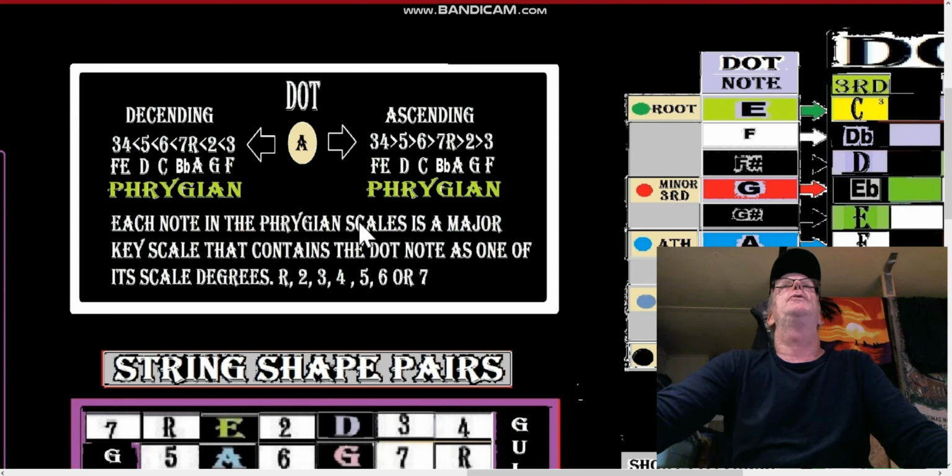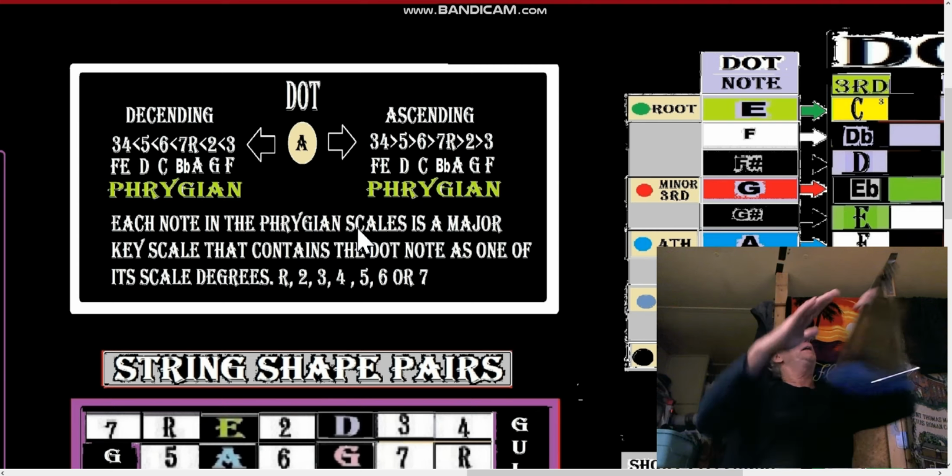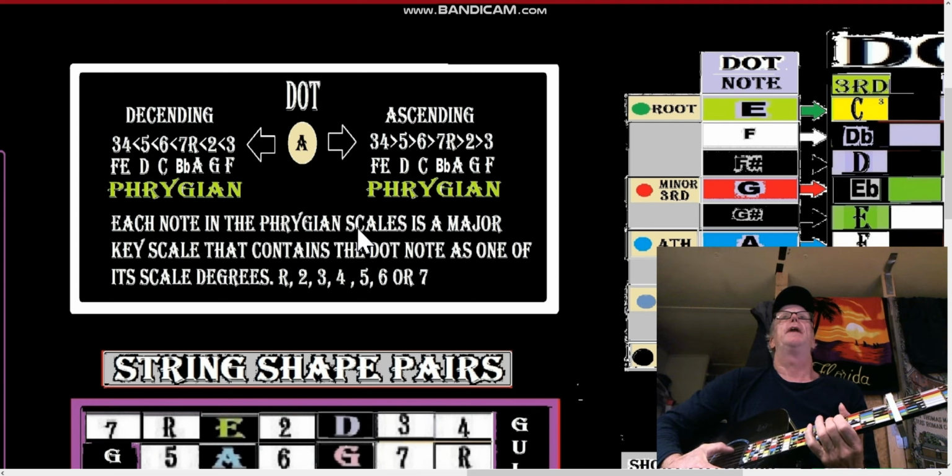So each note in the Phrygian scale is a major key scale. Well, it can be a minor key too. It can be a modal scale. Okay, it'll still work that way. It works easier that way, actually. So in any case, that A, we know that A can be,